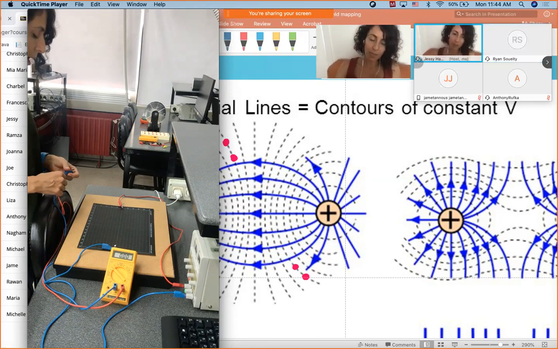Okay, thank you. Originally this lab was different. Originally, you had to put the reference on one of the terminals of the power supply and find all the points that would give you, let's say, 1 volt. Then find all the points that would give you 2 volts. Then find all the points that would give you 3 volts. But experimentally, it was very difficult with all the fluctuation. So finding zeros is easier experimentally. You see?